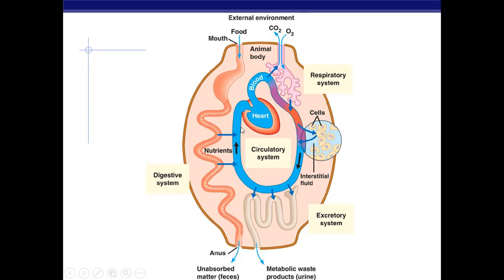It's picking up nutrients from your digestive system, and then it's delivering it back to other parts of your body, and then picking up more oxygen. So all of this is happening at the same time. All of these systems, the digestive system, the respiratory system, your excretory system for waste, all of them are working together like this all of the time,